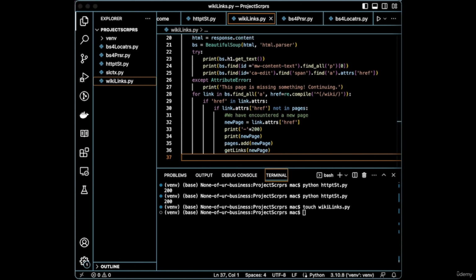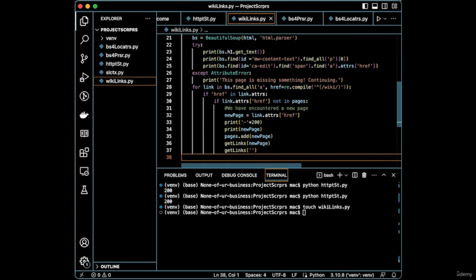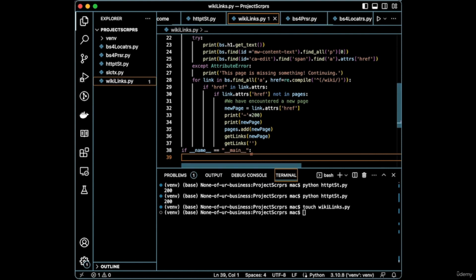After that, the function call, and at the end of the block recursively calls getLinks with the new URL. And lastly, if the block ends up false, then the function is called again with an empty string. And after that, we